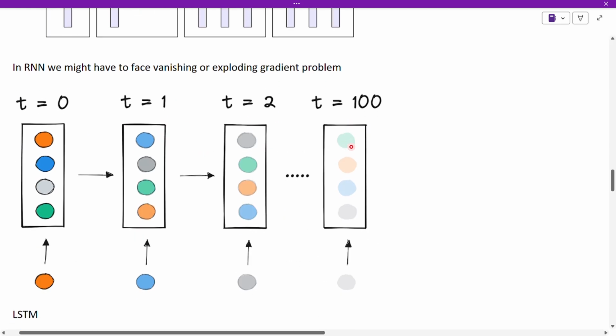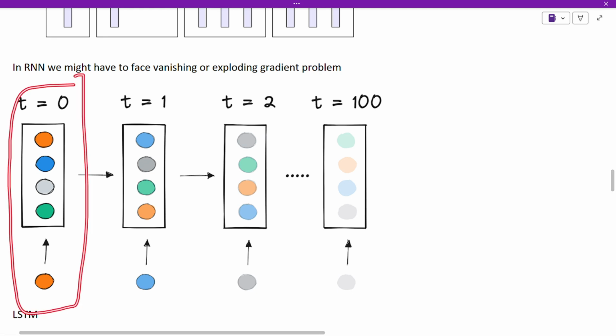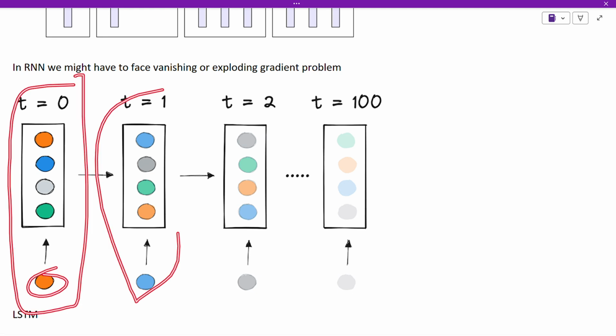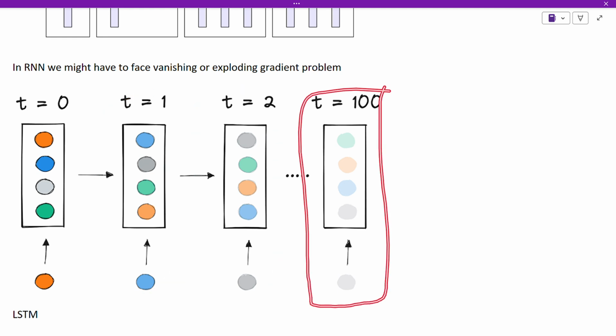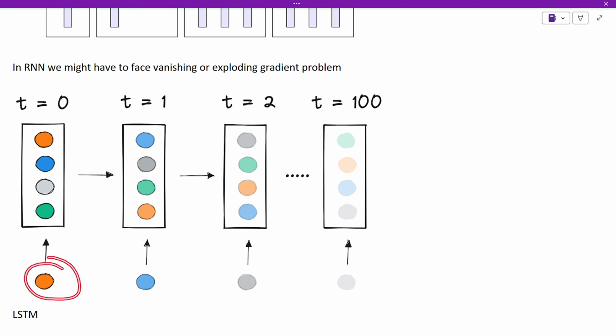Let us say at this point of time we have inputted a data, and then after a few iterations, at last in the 100th iteration, whatever the information that we have processed in the 0th interval is not going to be remembered by the model, so it is going to forget that. So whatever the information which was placed in the earlier inputs is going to vanish,